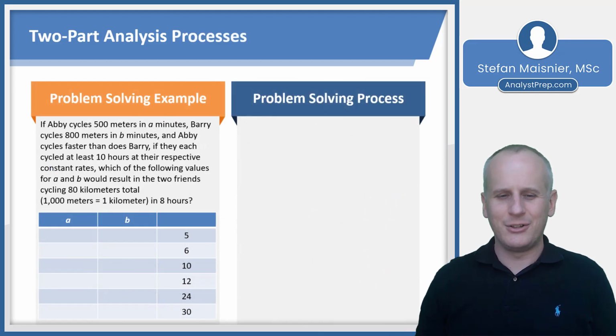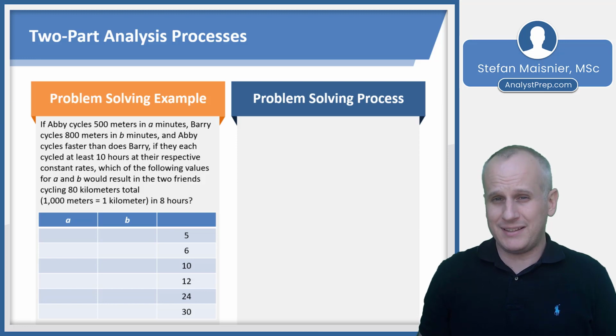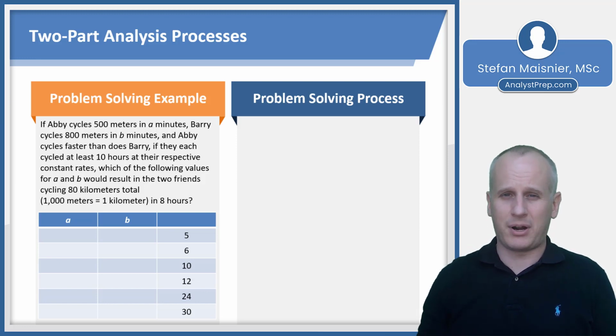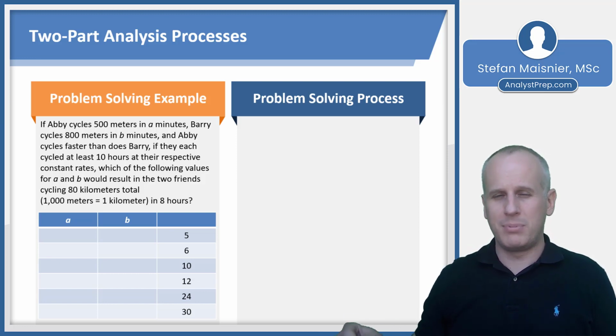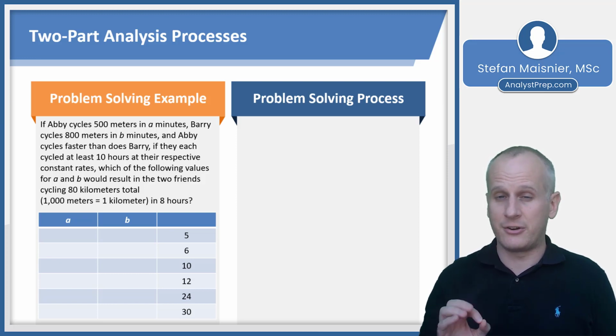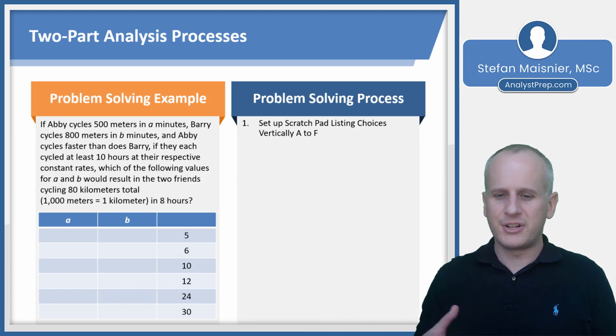Now, let's take a look at a sample problem-solving style 2-part analysis, and it's going to have the same approach broadly as what our standard problem-solving style question would be in the quantitative section, with the exception that there is a calculator here, so you can use that to help with some of the mental math to avoid having to complete excess calculations. So, first you're going to set up your scratch pad listing the choices vertically A through F,